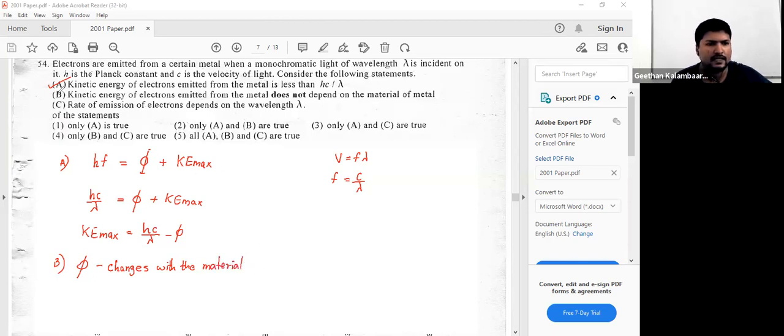For part C, let's say, this is the wrong statement: rate of emission of electrons depends on the wavelength lambda. That is also wrong. Why? It depends on the number of photons, right? So we can say it depends on the number of photons